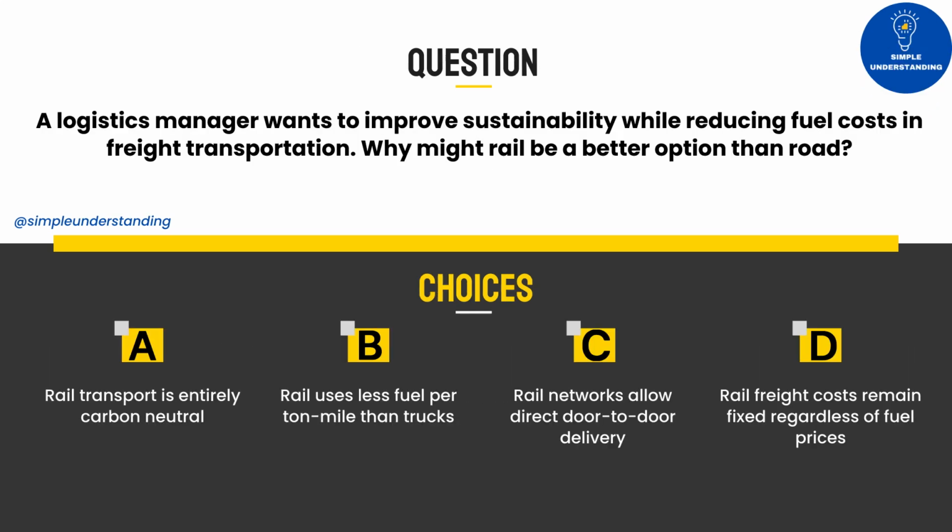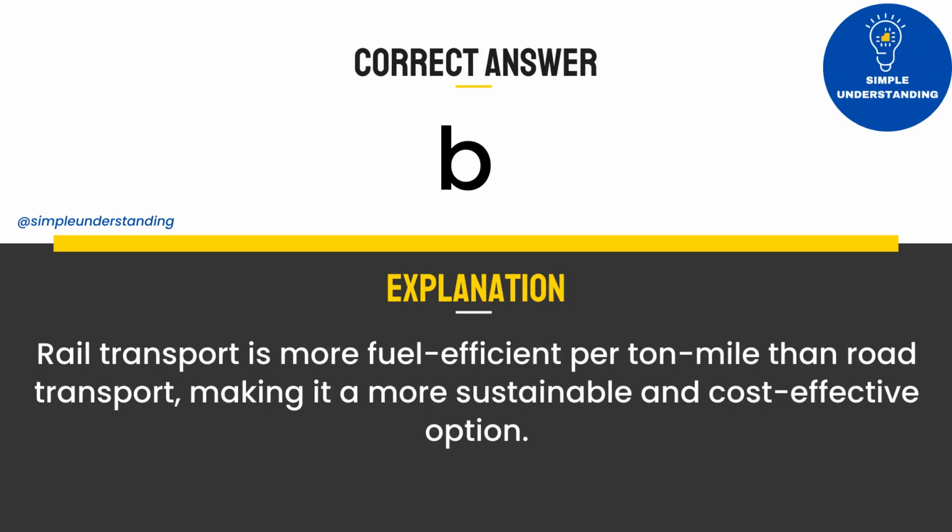A logistics manager wants to improve sustainability while reducing fuel costs in freight transportation. Why might rail be a better option than road? A. Rail transport is entirely carbon neutral. B. Rail uses less fuel per ton-mile than trucks. C. Rail networks allow direct door-to-door delivery. D. Rail freight costs remain fixed regardless of fuel prices. Correct answer: B. Explanation: rail transport is more fuel-efficient per ton-mile than road transport, making it a more sustainable and